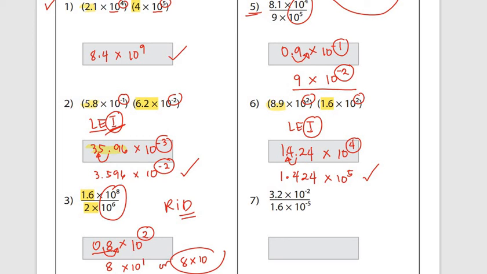Number 7, the last item that we have would be 3.2 times 10 raised to negative 2 divided by 1.6 times 10 raised to negative 5. So 3.2 divided by 1.6. Those are numerical factors. Once dividing them, we would have 2 as our quotient times 10 raised to